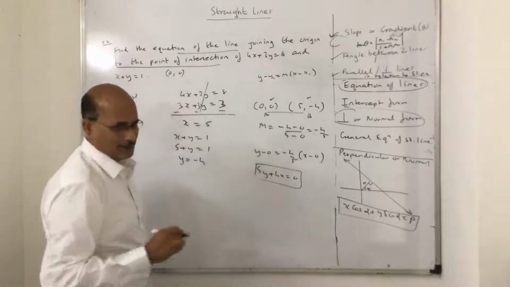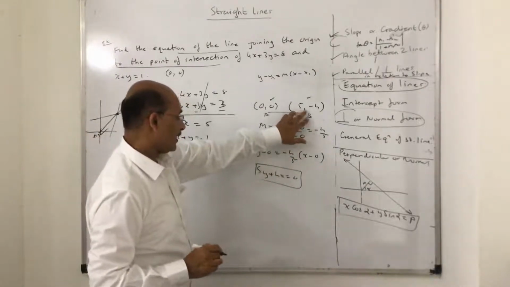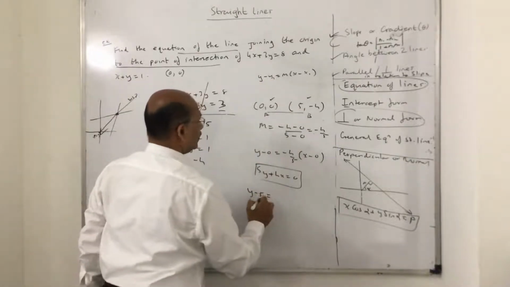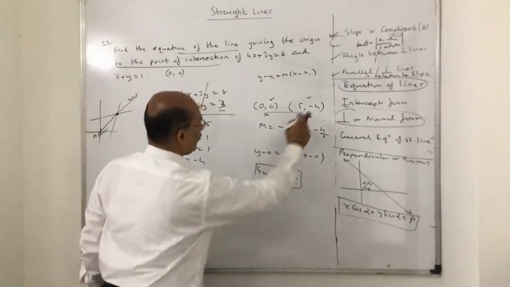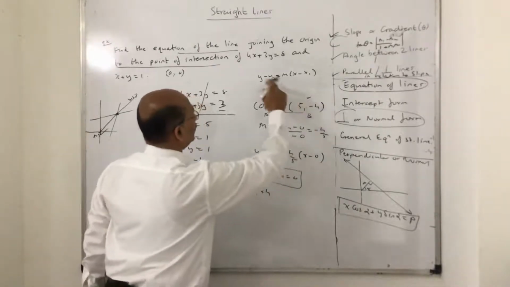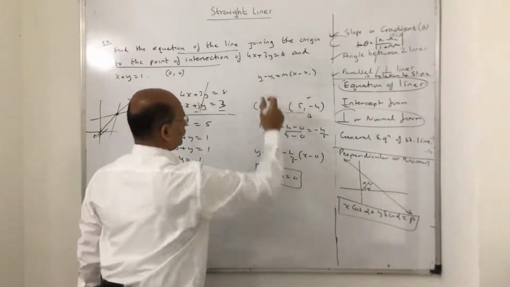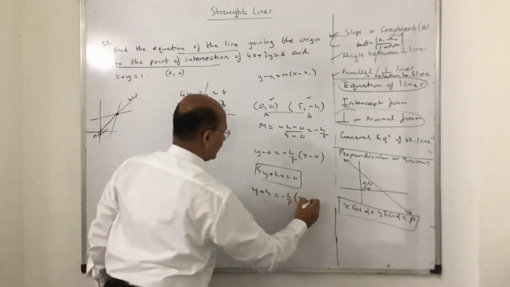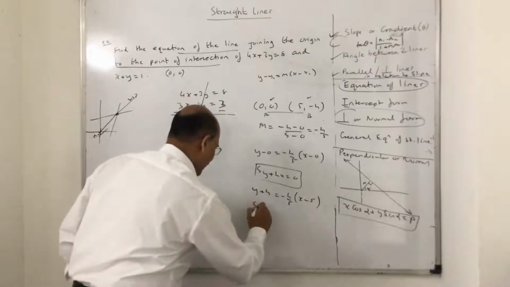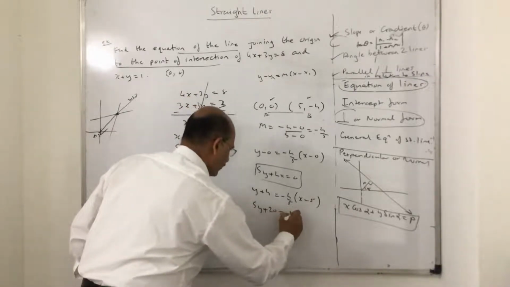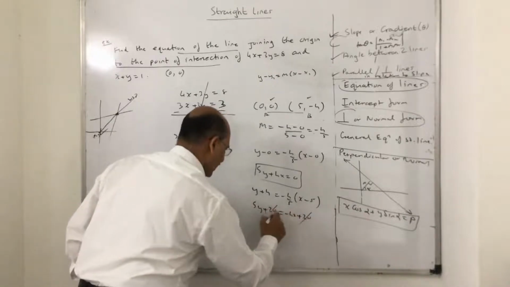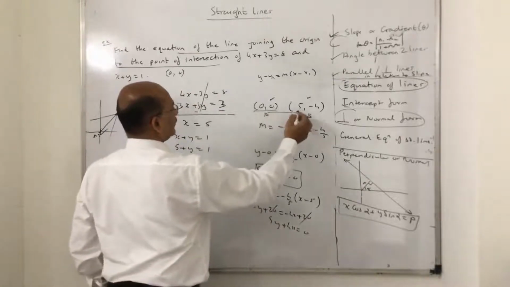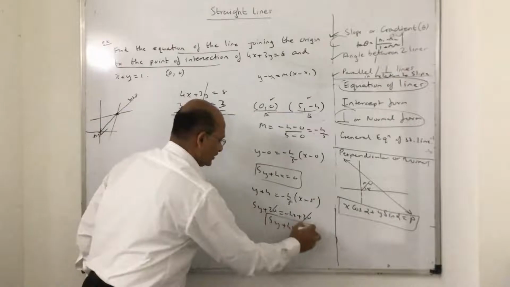Okay, now I am just testing my knowledge here. I am just putting this 5, minus 4 into this. So what will happen now? y plus 4, I am taking this point and trying to find the equation. y plus 4 is equal to m. m is what? Minus 4 upon 5 into x minus 5. So I think we have 5y plus 20 is equal to minus 4x plus 20. So cancel. So 5y plus 4x equal to 0. So that's it. Whether you take this as x1, y1 or this as x1, y1, the equation remains the same.